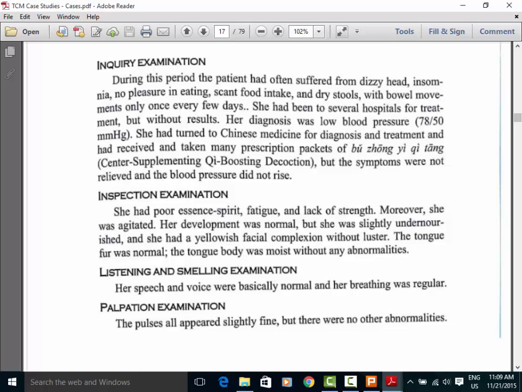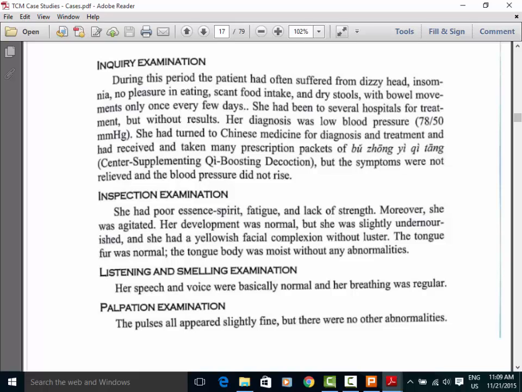Is it spleen qi deficiency or spleen qi and blood deficiency? I'm saying spleen qi deficiency and blood deficiency. Yeah. And I'll indicate that in my treatment plan. With the spleen qi deficiency, would you not expect more scalloping of the tongue? It's not how case studies work. It's not how real patients are. We have signs and symptoms of spleen qi deficiency. We should address it. If we have yellowish complexion, poor appetite,